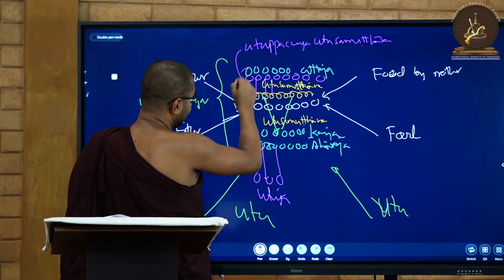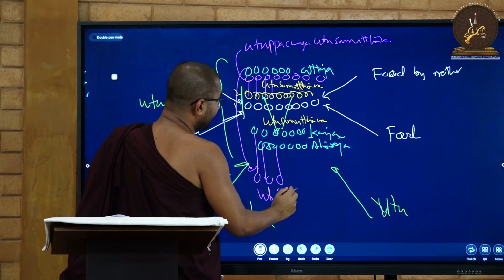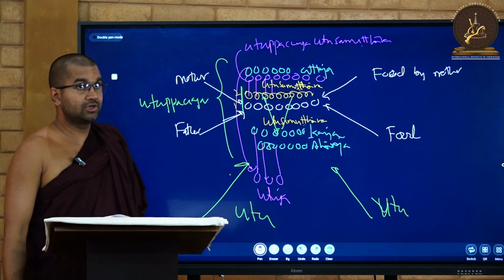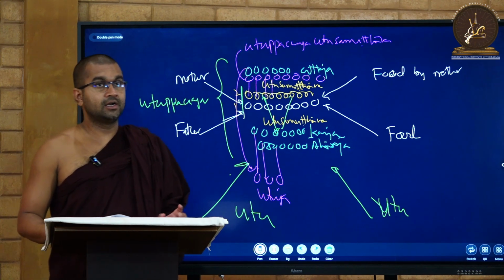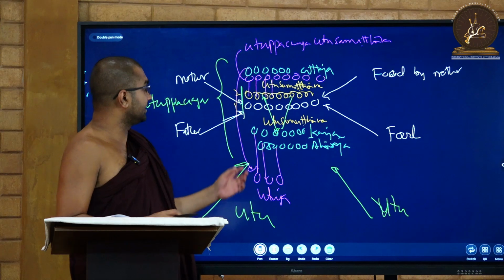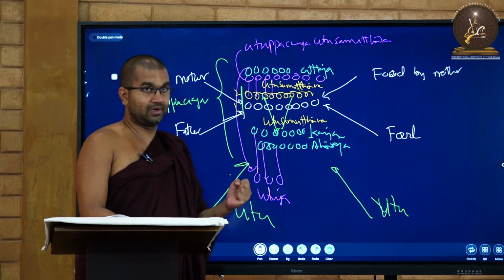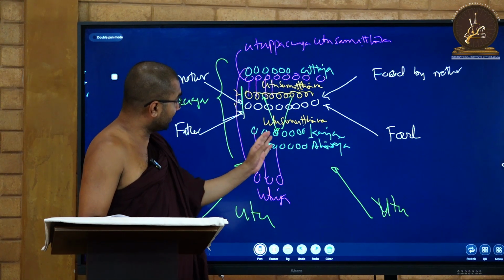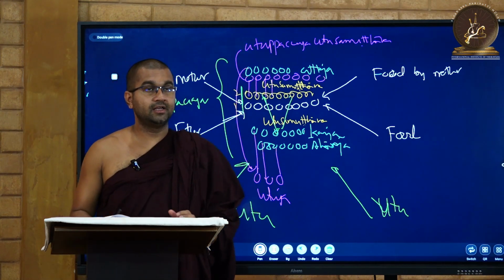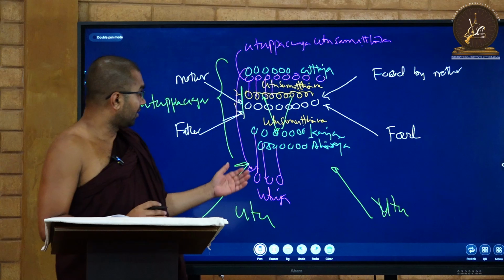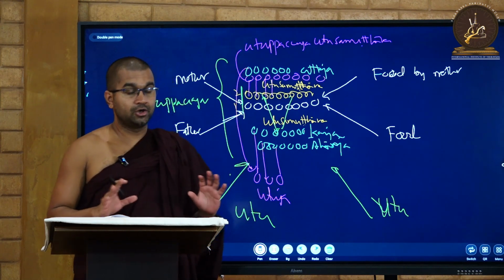Even in these Kalapas, they should not be called Uttupacchaya Uttusamuttana. They can be called Uttusamuttana because they are arising from Tejo Dhatu, but they should not be called Uttupacchaya Uttusamuttana because their origin is not an Uttusamuttana Rupa. Though these mother rupas are Uttupacchaya due to being affected by Utu, their offspring, the daughter Kalapas, are not